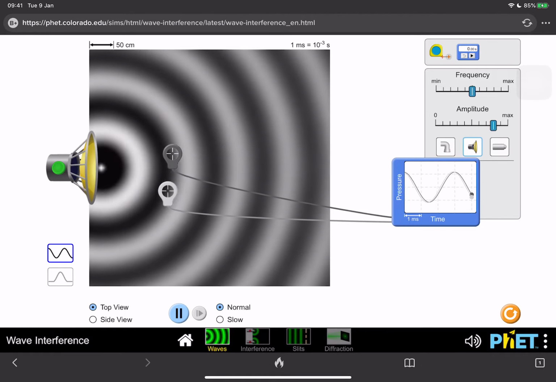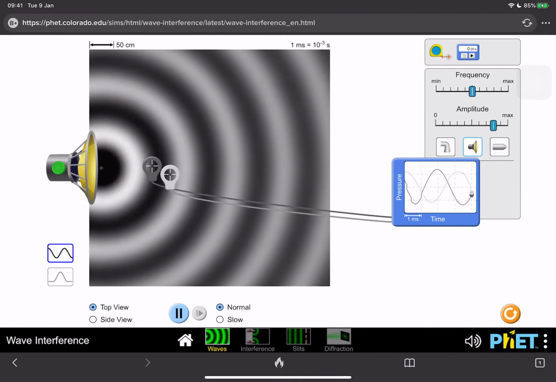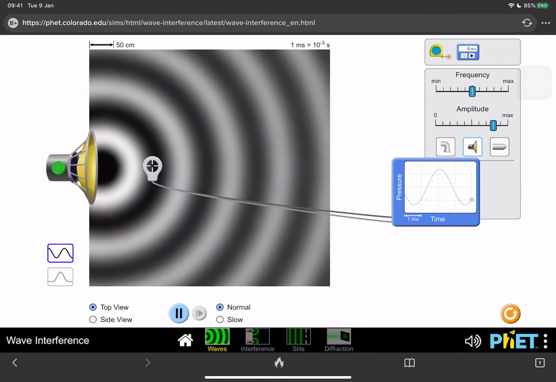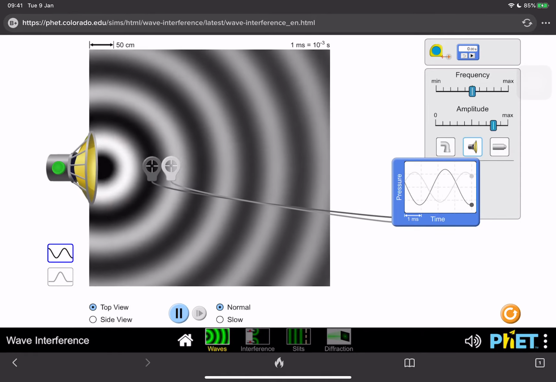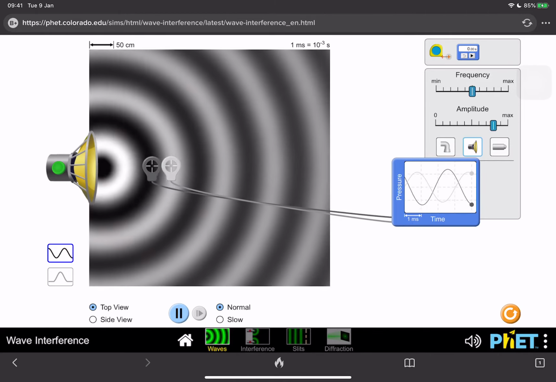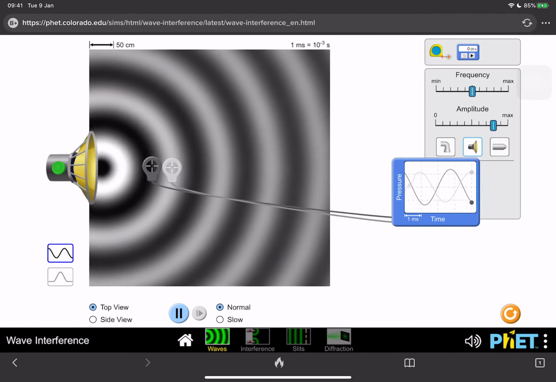Okay. But what happens if I move the light one a little bit further away? Just to make it clear, let's make them in the same kind of line of sight to the speaker. If I move the light probe a little bit away, let's say here, you can see that when the dark one is going up, the light one is not necessarily at the top anymore, right? Actually, it's almost kind of like the opposite, right? So if I move it something like this, or maybe here,